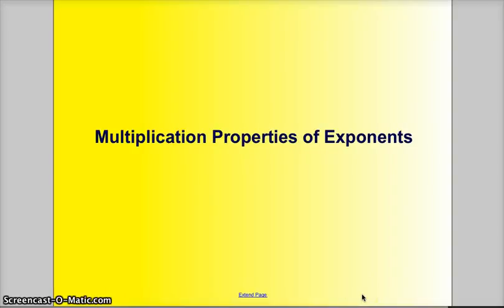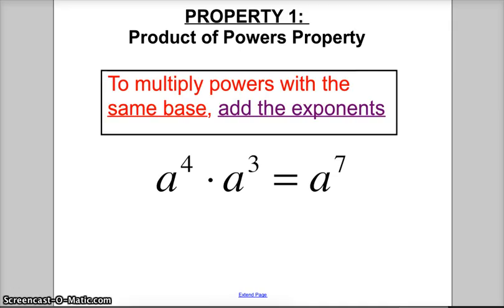Before we get into chapter 6 with exponents, we're going to look at properties of multiplication and division of exponents. And one of the properties that we begin with is the property with the product of powers. Looking at the property, we see that numbers with the same base multiplied together, we take the exponents and add